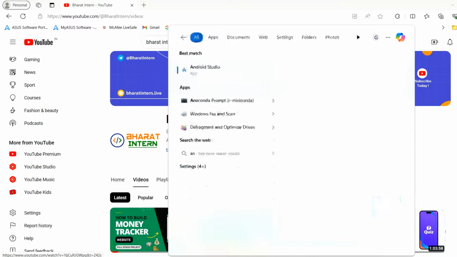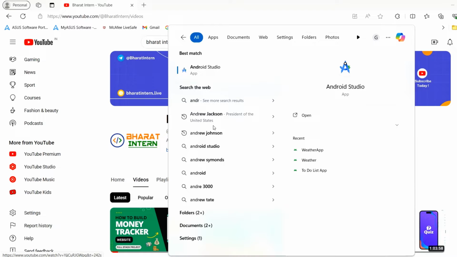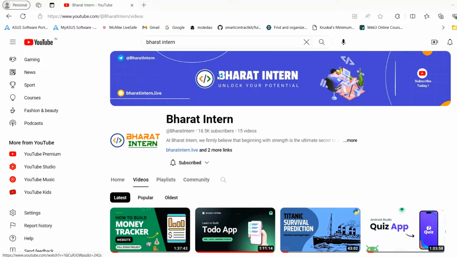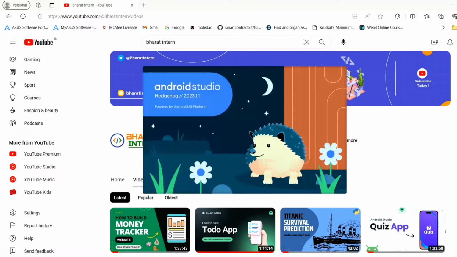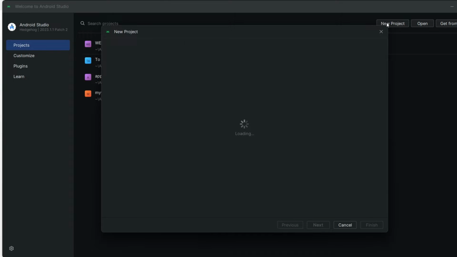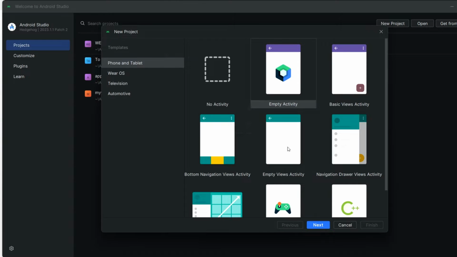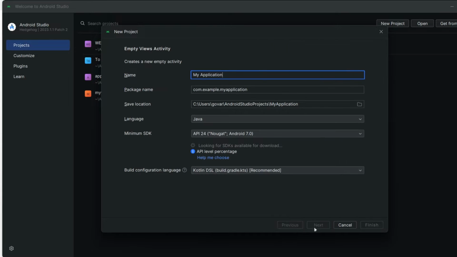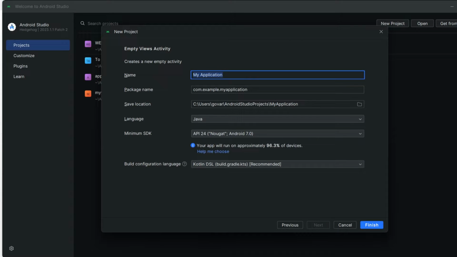First, I am going to open my Android Studio software. There we are going to develop our app guys. If you haven't installed, please go and install guys and start coding along with me. Here, I am going to click on new project. First, I am going to choose empty views activity. I am going to click on next. Here I am going to name my app name as weather app.